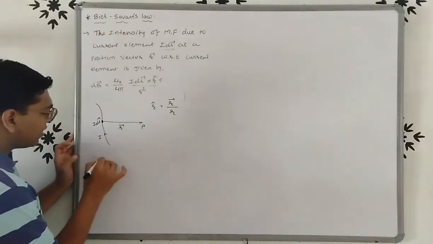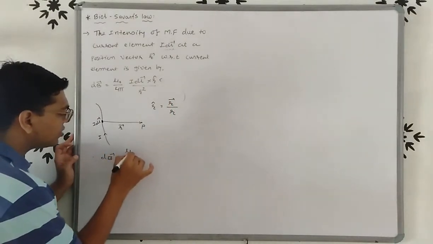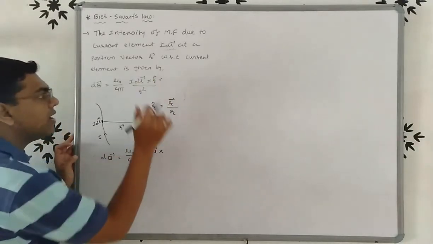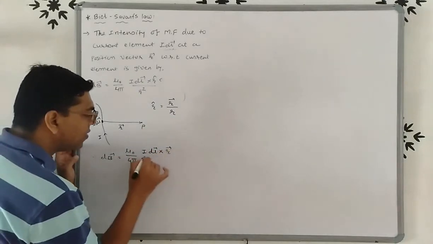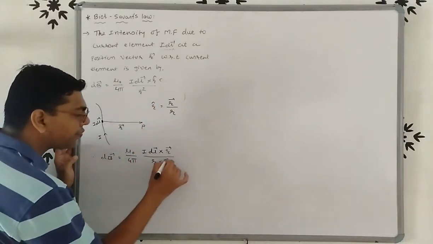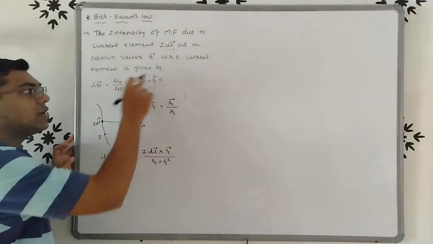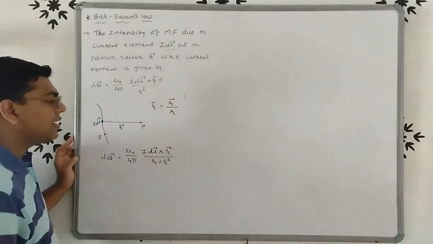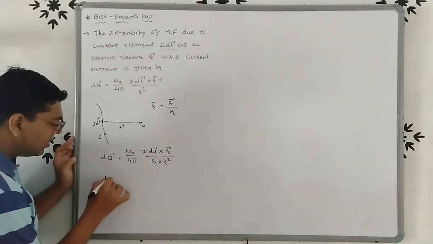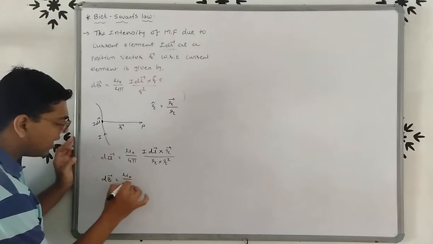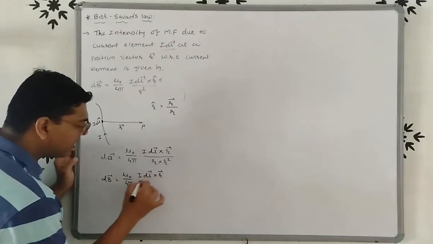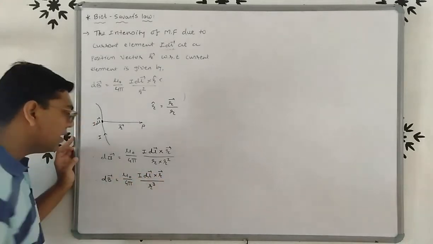So we get magnetic field dB is equal to μ0 by 4π, Idl cross the value of r cap, that is vector r upon magnitude of r, into r square, right? So here instead of r cap we use the formula of r cap, that is vector r upon magnitude of r. So the formula will be like this: dB is equal to μ0 by 4π, Idl vector cross r vector upon r cube, right?